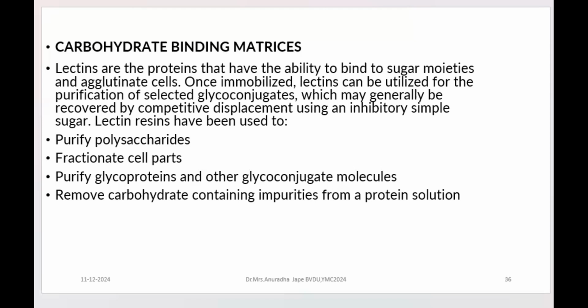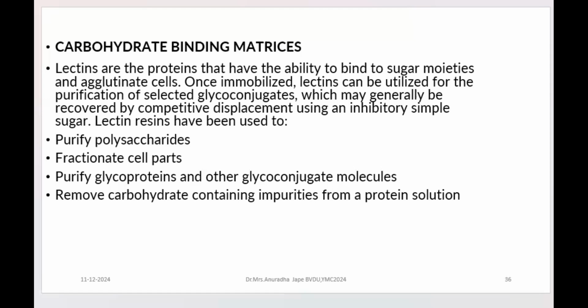Now this complex needs to be resolved so that your analyte glycoprotein or glycoconjugate is eluted. So you have to weaken the interaction between lectin and that analyte. It could be done by the competitive displacement method. Competitive inhibitor is the term that we have used in enzymology, right? Also in the previous lecture with reference to affinity chromatography, we have talked about in detail how competitive displacement works. But I'll take one example in the next slide to make it clear how it works.